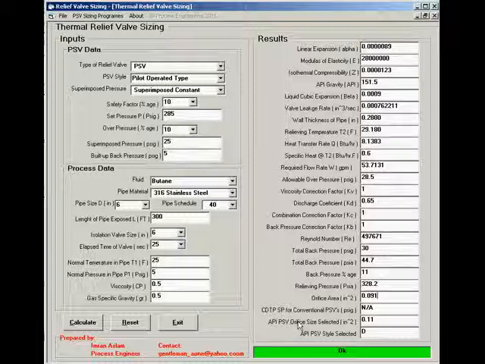Another important factor to be noted here is the required relieving rate of the PSV, which is calculated to be 53.7131 GPM, gallons per minute, at the temperature of 29.18 degree Fahrenheit, which is basically the relieving temperature of the PSV. And the rest of the parameters are also very important, especially in preparing the data sheet for this PSV.